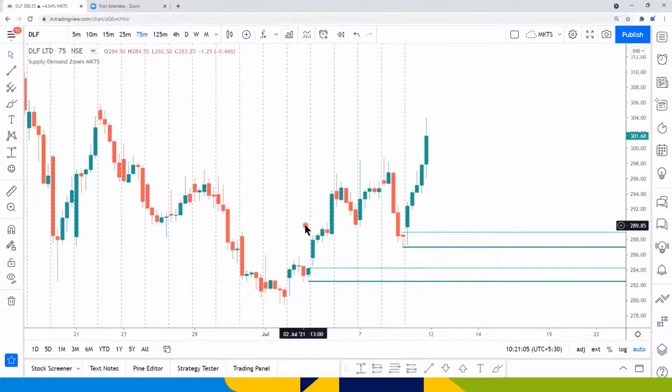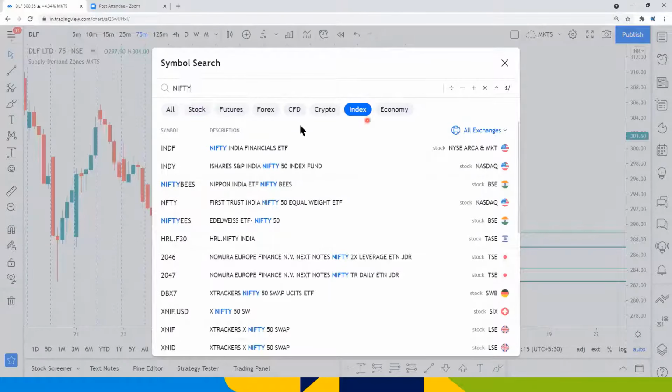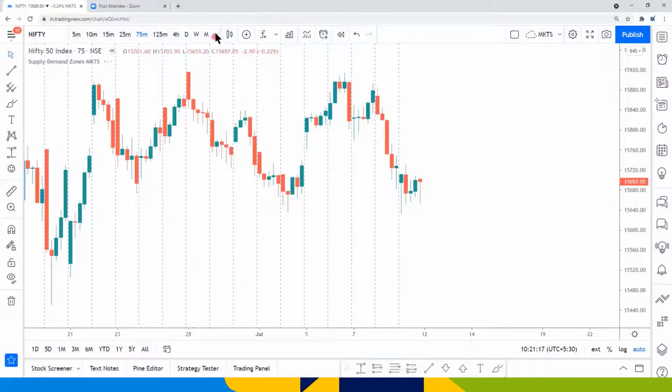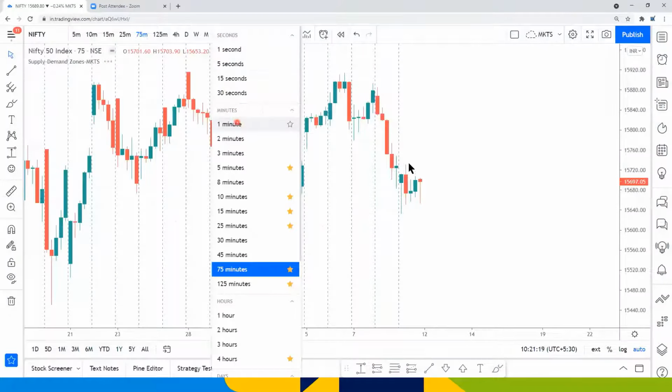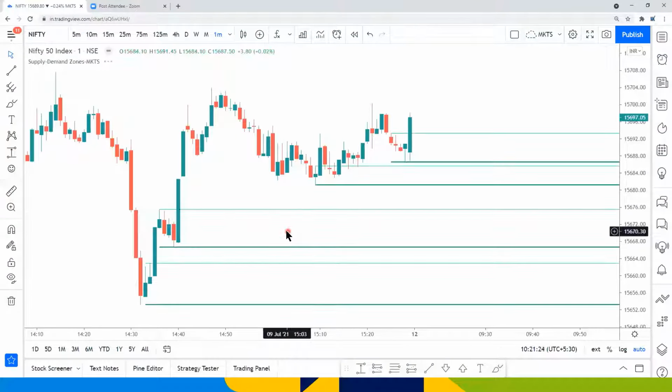Amar, precision and style, keep it by default, nothing to change there. So this will work on any time frame, as low as even a 1 minute chart, but I don't recommend going to a 1 minute chart. If you use it on a 1 minute chart, it will plot the zones on the 1 minute chart also. So if you see this demand zone, rally base rally, drop base rally, it has picked up all the zones on a 1 minute chart.